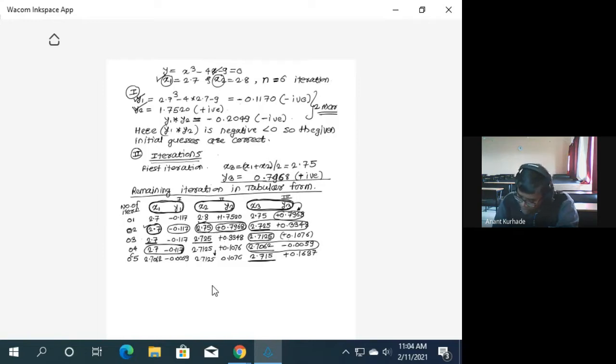Okay, now tell me, for the 6th iteration, we are shifting plus to plus, meaning the first pair is as it is, we are shifting the second pair. So what is x3? How can you calculate x3?